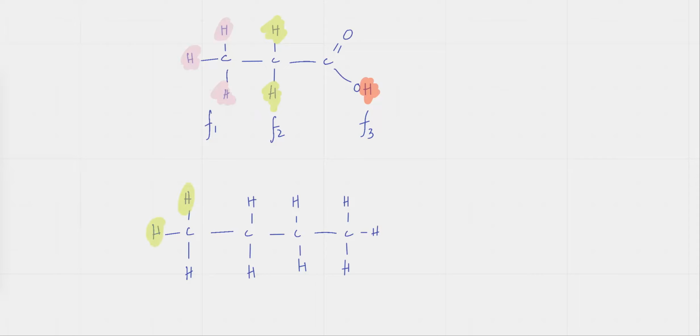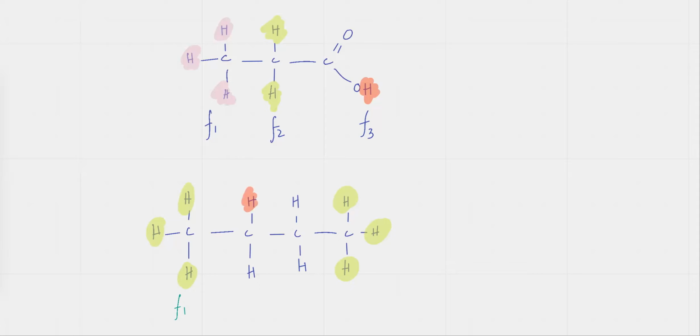Okay, so these CH3s and these CH3s, remember, they're exactly the same. The whole environment, there's not one bit of a difference. The H is bonded to a carbon atom, which is bonded to CH2, CH2. I mean, these 3 H's are bonded to a carbon atom, which is bonded to CH2 and CH2. So that means these hydrogens and these hydrogens have exactly the same type of shielding. And we're going to refer to that as frequency F1. Then the middle ones, the CH2s, they are the ones